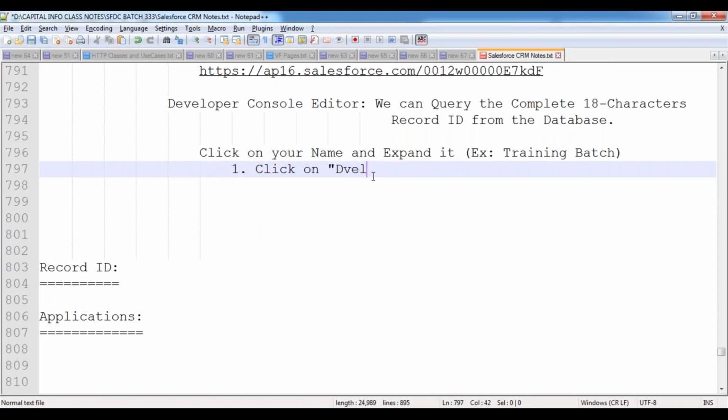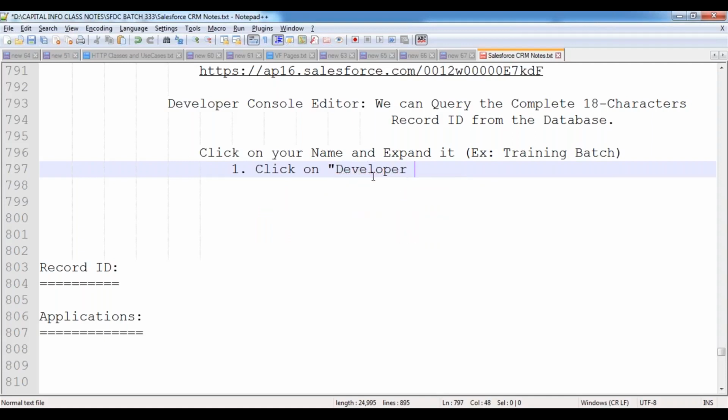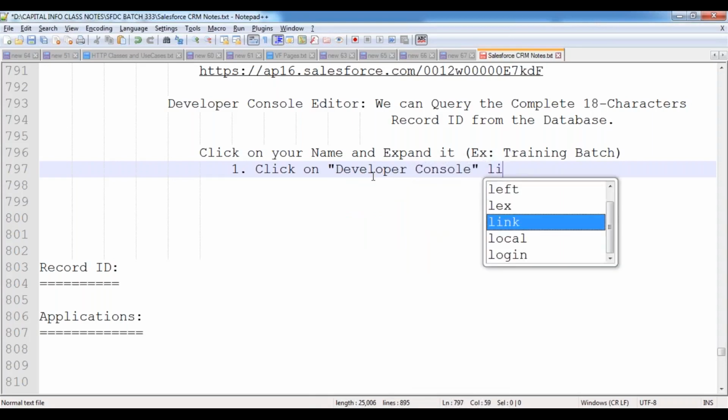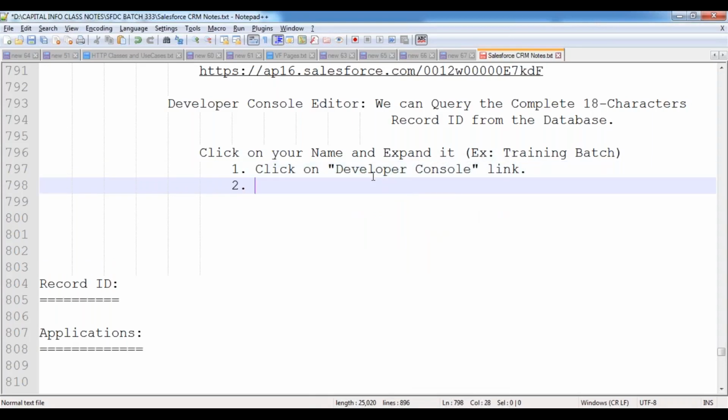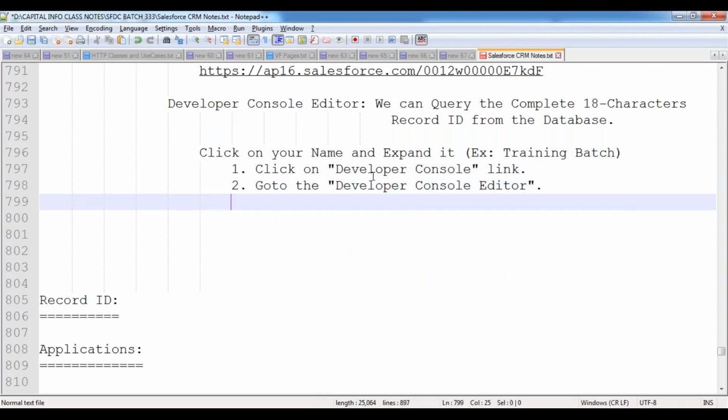And then click on the developer console link. Go to the developer console editor.